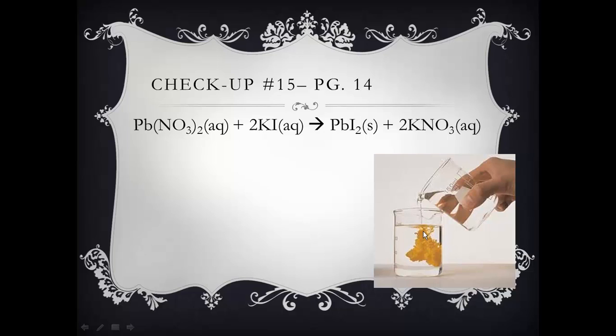Alright, one of my favorites, you make lead iodide because it makes a really cool yellow precipitate. So you only care about what you're making, which in this case is PbI2, solid. So you bring down lead and iodine. That means K and NO3 are spectator ions. So your reaction would look like lead 2+. We know it's 2 because of the 2 from here, from nitrate, because of the drop and swap. 2I minus 1. We know iodine's